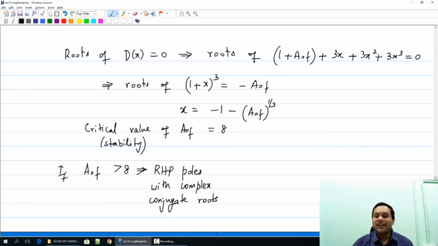Now as you can see, this is clearly a problem, because we started off assuming that you can cascade multiple single pole amplifiers to get more and more gain. But this is telling you that if you try to do that, for example for a 3-pole system, even if the loop gain is greater than 8, the system will start to become unstable. Remember that we want a loop gain A naught f which is much larger than 1. So you are talking about thousands or tens of thousands type of numbers. So this is clearly not the way to go. In the next lecture, we will see how we can achieve large A naught f while still maintaining stability.